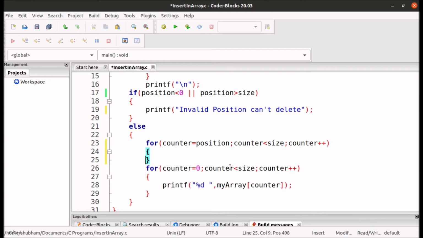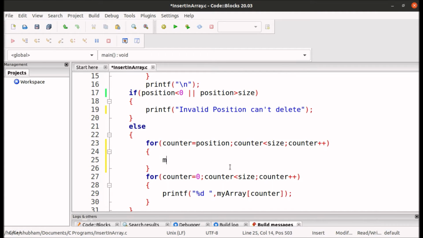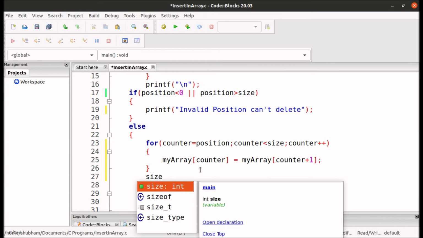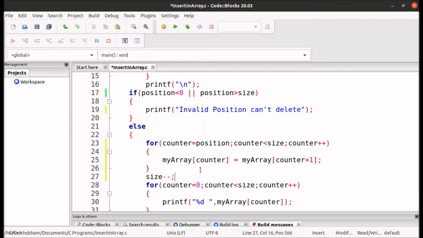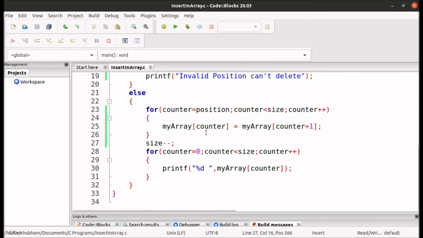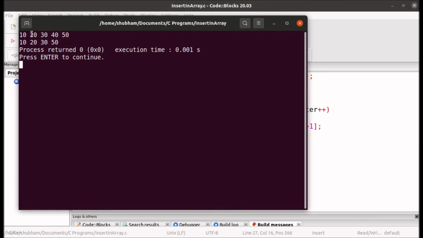What we want to do is make myArray of counter equals to myArray of counter + 1, and let me write the A in capital here, and after that I will decrease the value of size by 1. So size minus minus, and let's run the code and see if there are any errors, then we will correct it after that. So you see, okay, 10, 20, 30, 40, 50, and I have deleted the 40th